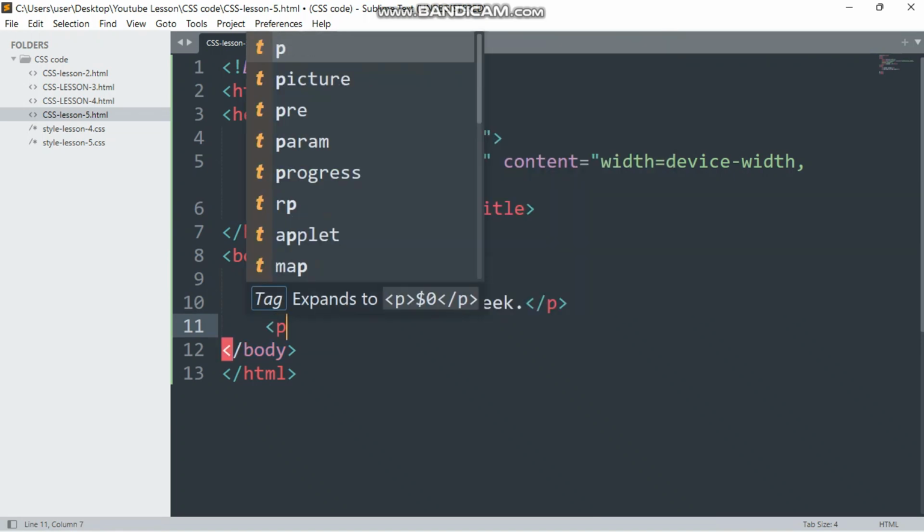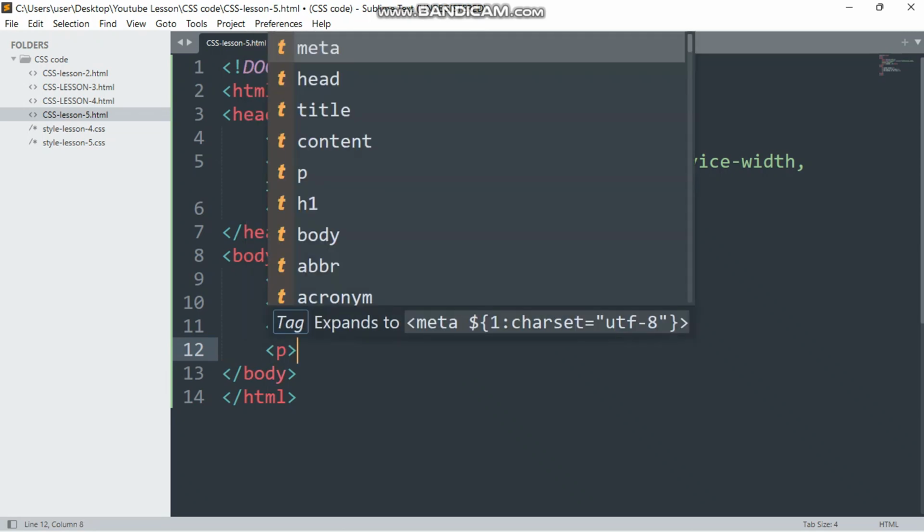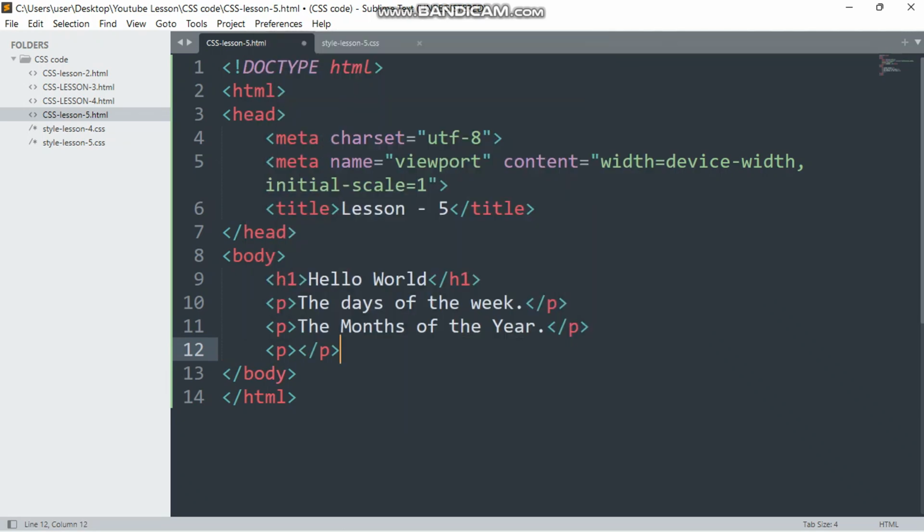And in the paragraph, we're going to say the months of the year. Period. Good. And the next place, we're going to have another paragraph and say 60 seconds